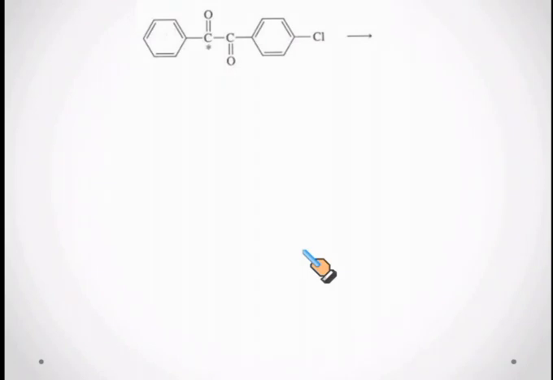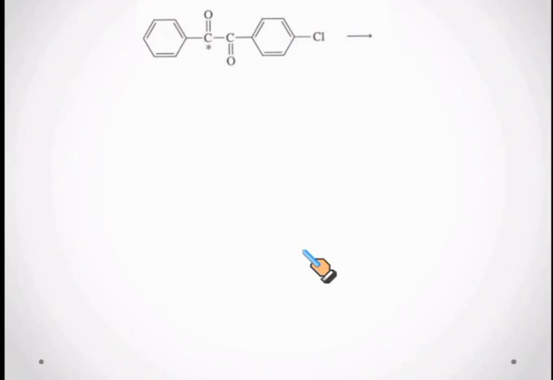So far we discussed symmetric benzil, but when we take an asymmetric benzil, what happens? That means the main question here is which carbonyl carbon undergoes nucleophilic attack by the hydroxide ion or the alkoxide ion. This mainly depends on which carbonyl carbon is more electron deficient. So in this benzil,